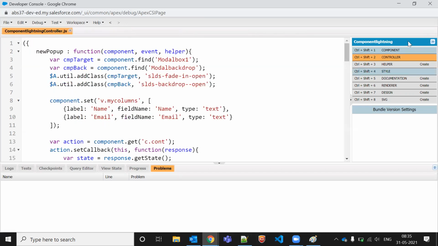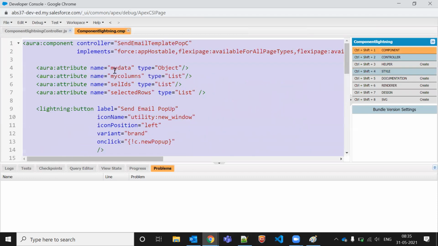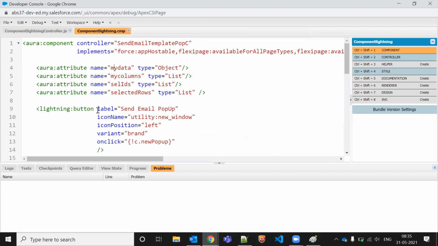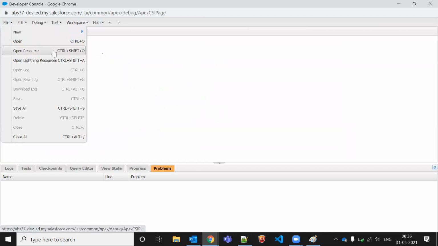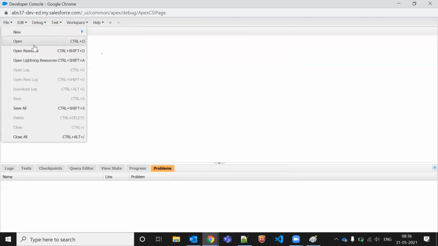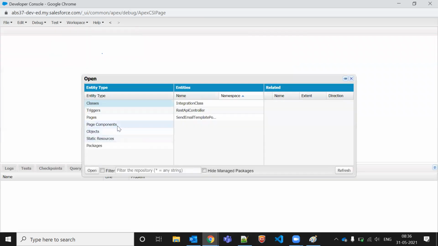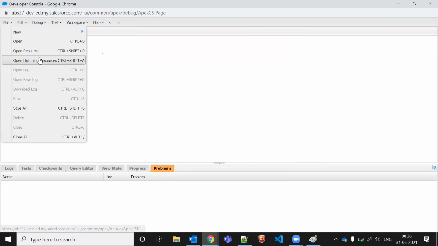No, we are not going to retrieve the reports now. I'm just telling you the flow only. That is not my intention. But one second. The Lightning component or Aura component we will do in the developer console only. VS Code also we can use. We can also directly use the developer console.